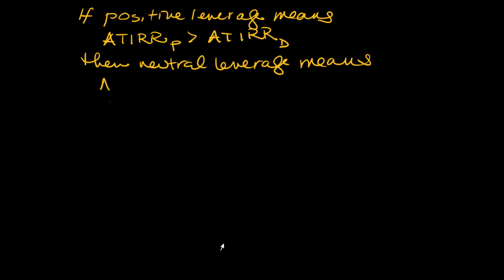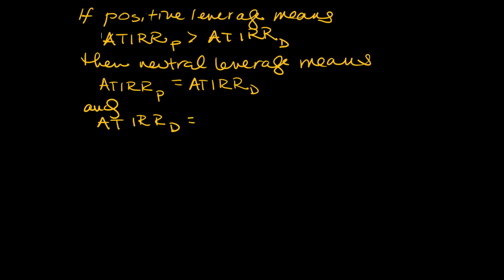And so our break-even interest rate is calculated as our ATIRR, after-tax internal rate of return, sub P, so the after-tax internal rate of return on the property, divided by 1 minus T, or 1 minus the tax rate. So for example, if we have a before-tax IRR of 7% and an after-tax IRR of 4.82% with a 35% tax rate, our break-even interest rate would be